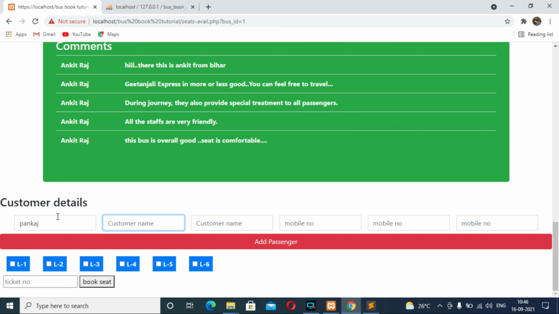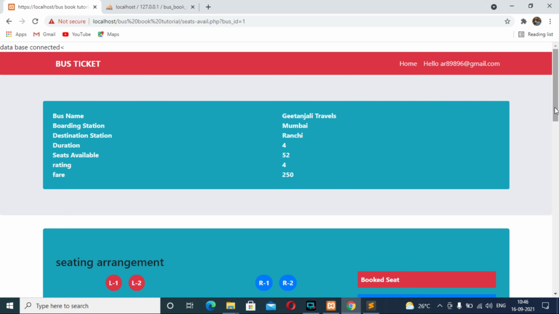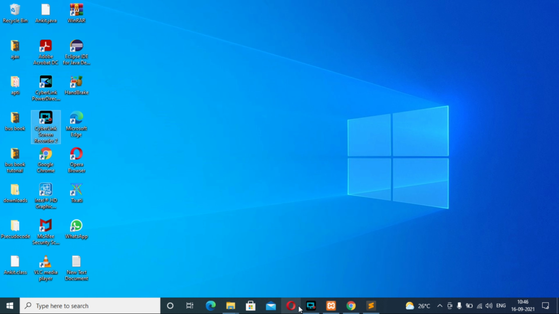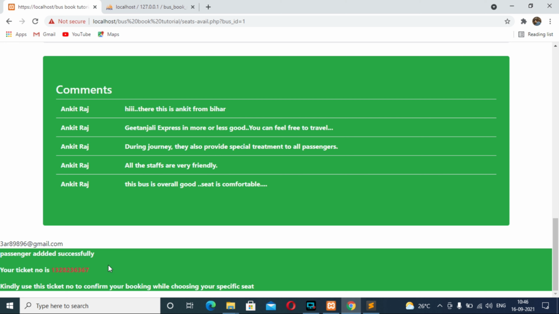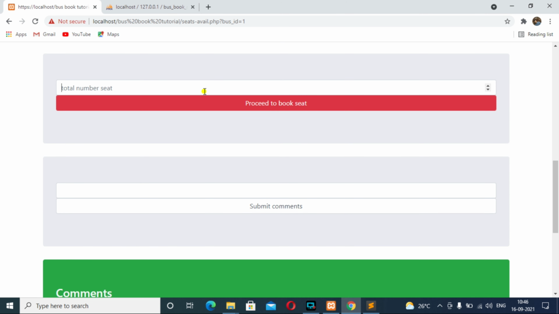One name will be Pankaj, Manoj, Suresh. Mobile number will be any number as per your choice. 10, 2, 4, 6, 8, 10, 2, 4, 6, 8, 10. Now click on the add passenger button. So as usual, our seat is booked with 3 passenger names. Copy this ticket number, type here 3, click on proceed to book seat.